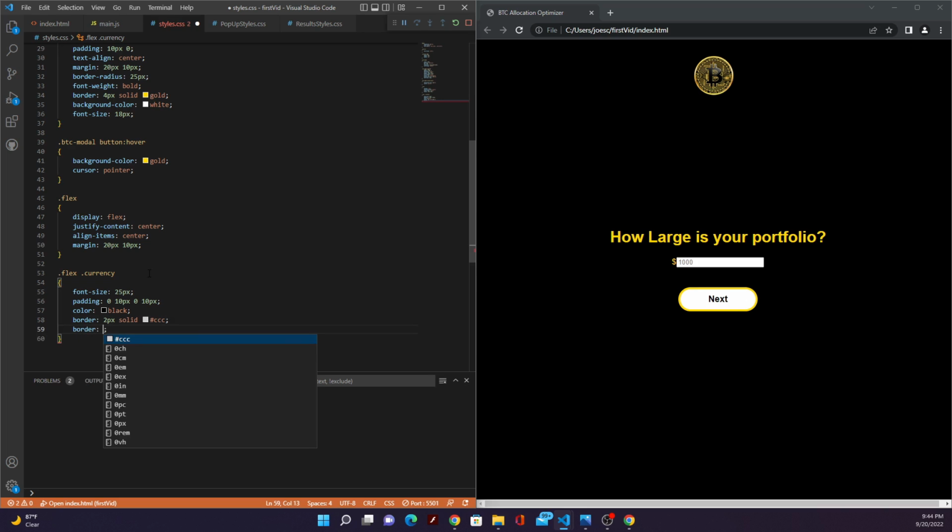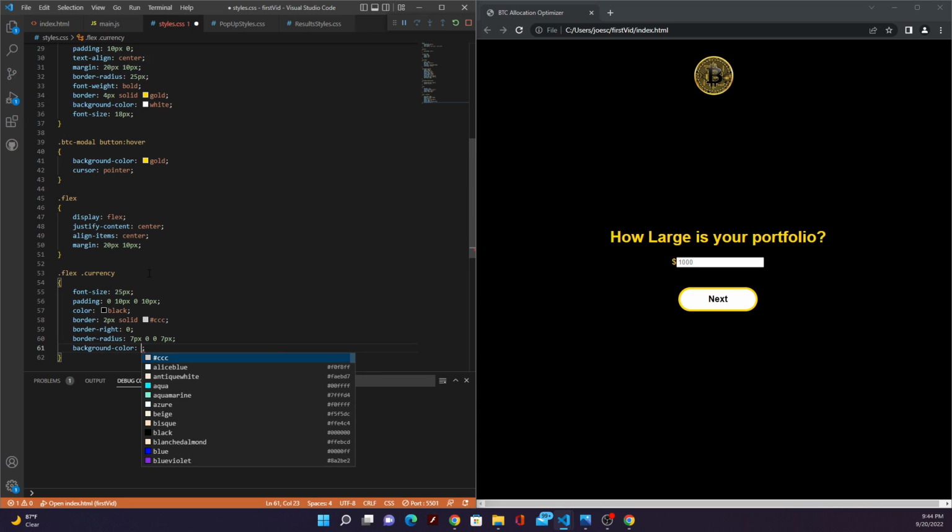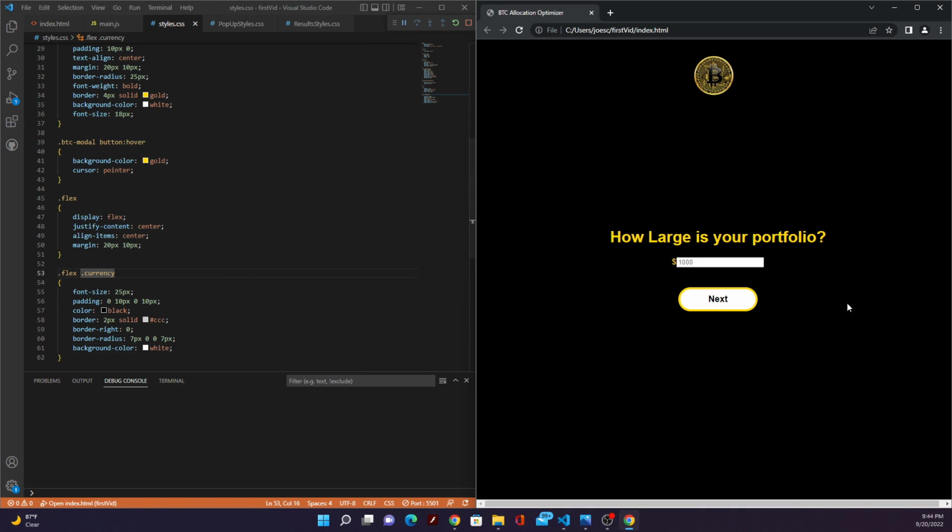We're also going to want to set the border-right to 0. Border radius will be 7 pixels, 0, 0, 7 pixels. And the background color will be white. So what will all these changes do? Now you can see that the $ sign is looking more like the input,